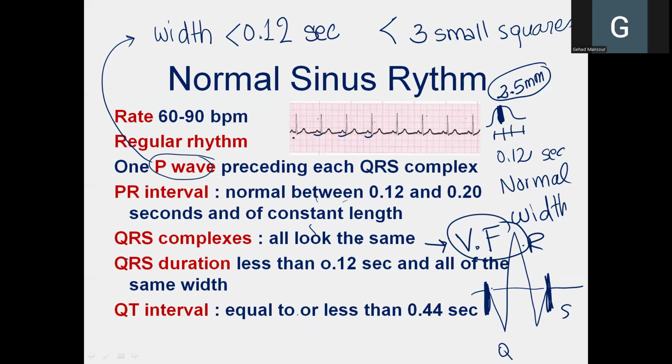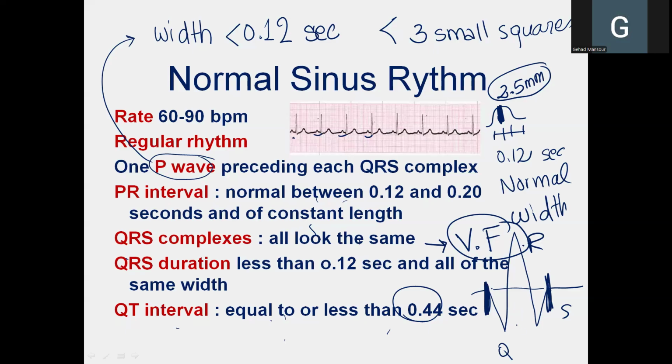And then you would also measure the QT interval, and the QT interval starts at the Q wave. You should know this well, because if you don't know what the QT interval represents, you would count a false number of small squares. So the QT interval represents the spread of depolarization and then repolarization over the ventricles. So it starts at the beginning of the Q wave and it ends at the end of the T wave, and it should be less than